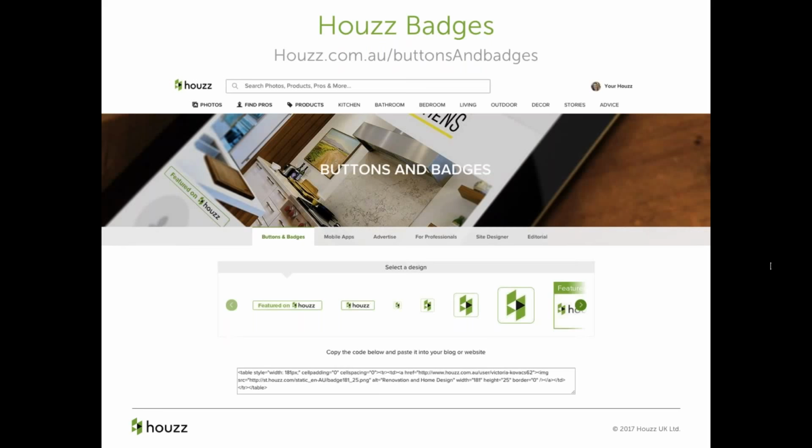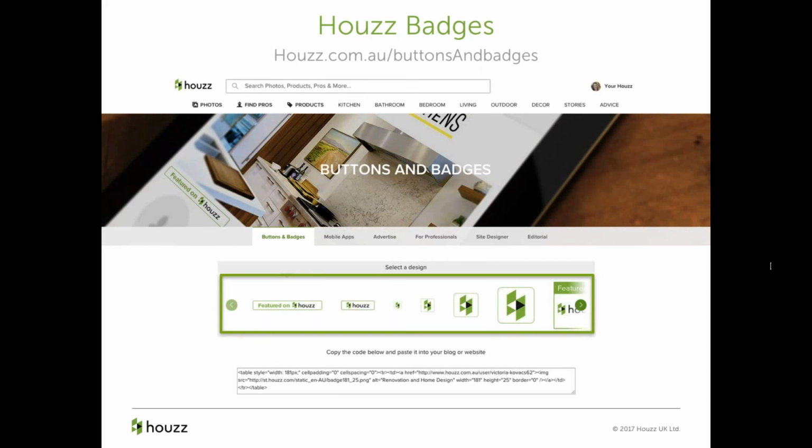When you're at this page, all you're looking at here is basically the different design options up the top here, and you can see those ones that I was just showing examples of, like featured on Houzz and the larger and smaller logo. And then down the bottom is just the code. So this code is the unique code that is attaching itself to one of these designs and linking it straight